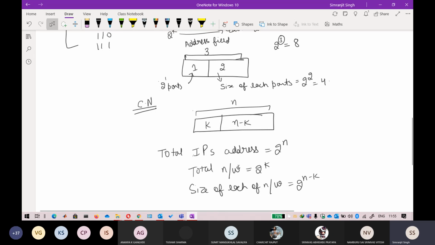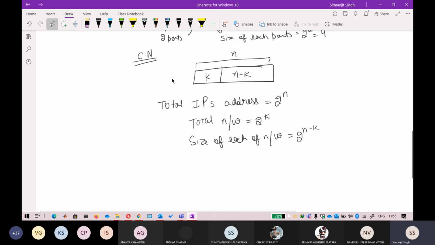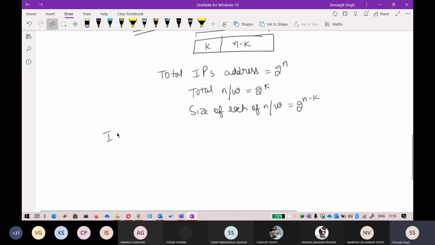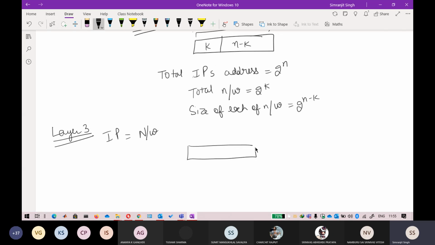Now I'm talking about IP addressing. IP is a part of the network layer. Keep that in mind, I'm now in the layer 3 architecture. In IP addressing, this bit field has how many bits? It is 32. So 2 raised to power 32 total IP addresses are possible.